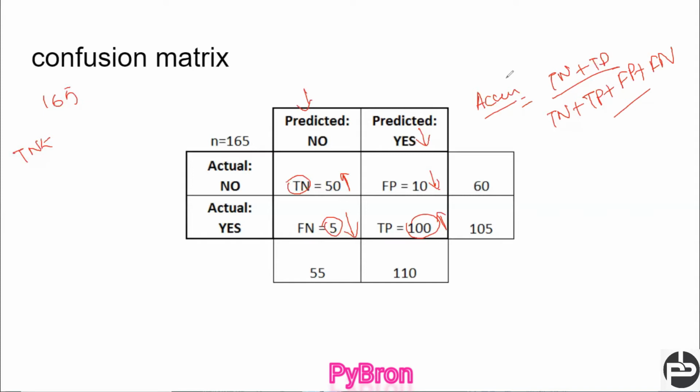Now coming to the cost matrix. What do you mean by the cost matrix? What is the use of the cost matrix? Just try to understand these things. As its name suggests something, there is some limitation in the confusion matrix. That's what we are going to learn with the cost matrix, no doubt.